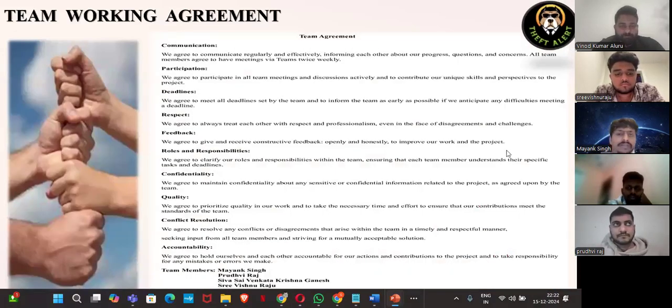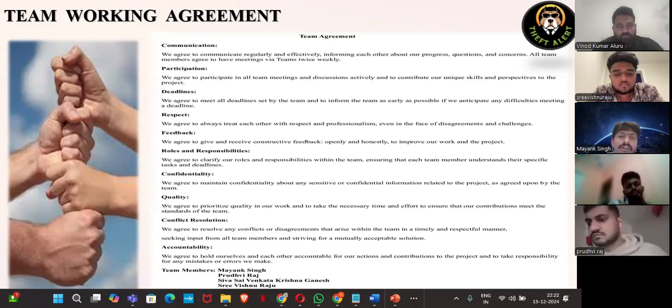These are the following set of team working agreements that we decided upon. The first being, there were 10 points. The first being communication, where we all agreed to communicate regularly and effectively, informing each other about progress, questions, and concerns. And the second one being participation, where we agreed to participate in all team meetings and discussions actively and